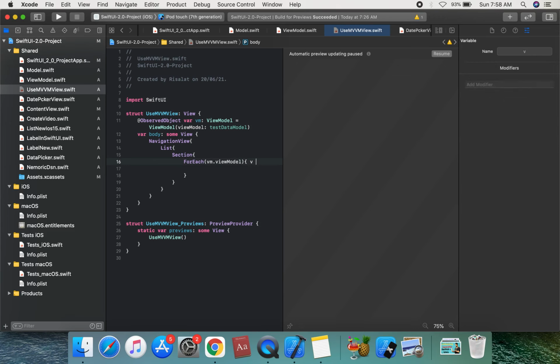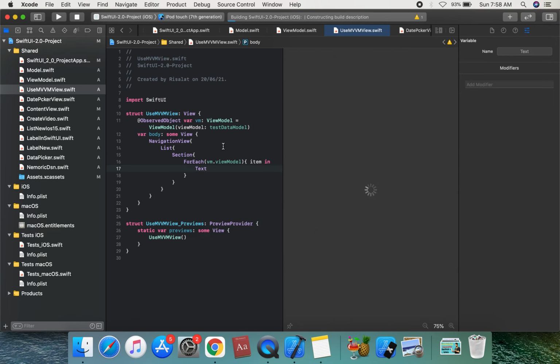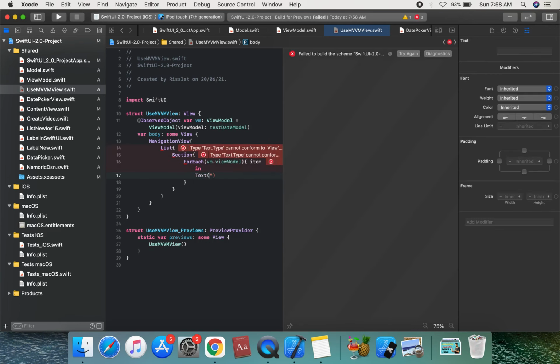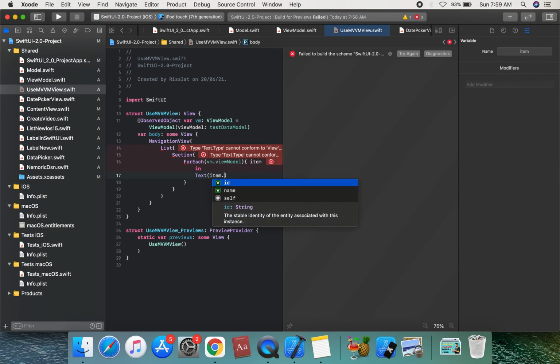For each item in it, we're going to show a text. Suppose this is the text binding on item.name.